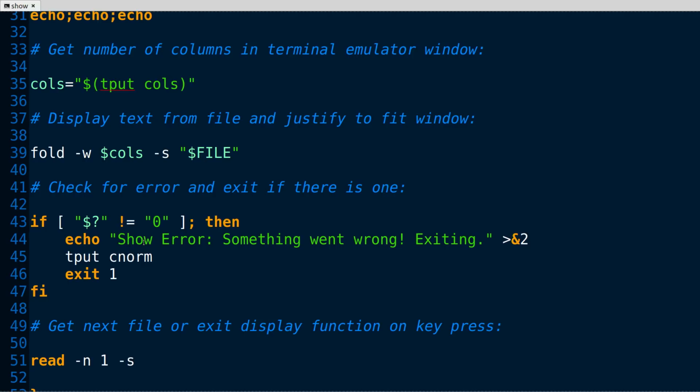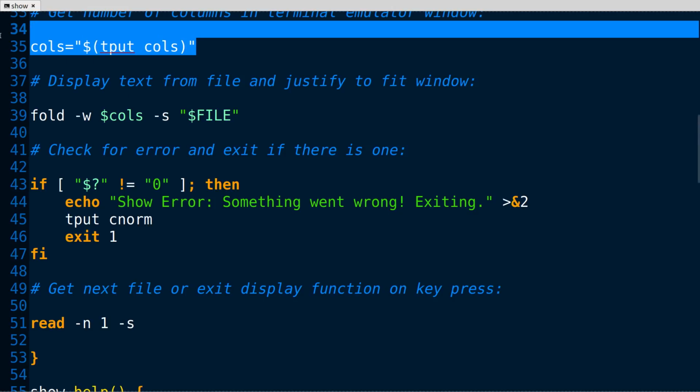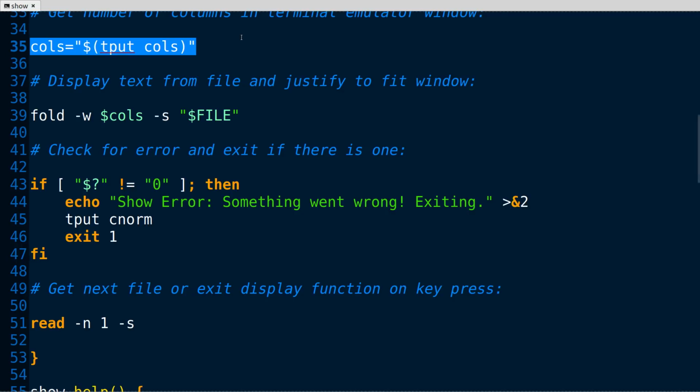And it looks up the number. I think how it works is it looks up the number of columns. Yeah, it's right here. So right here is a variable that you set where it goes and figures out how many columns are in the terminal that you're running.